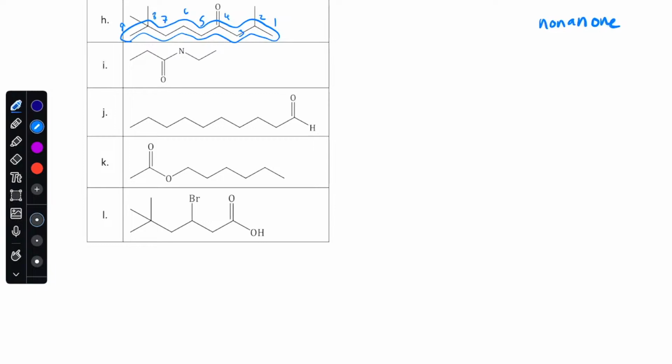Think about a Toblerone bar. Toblerone should be a ketone, right? Ends in ONE. All right, we got to give the position of the nonanone, which is position 4, and then